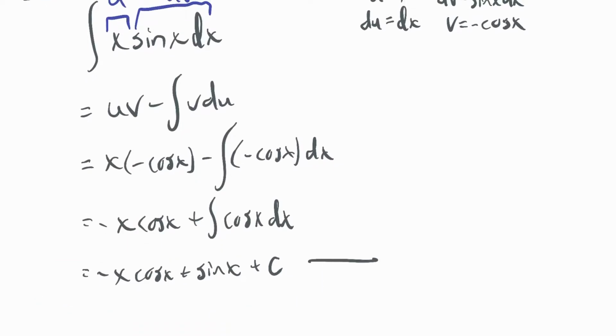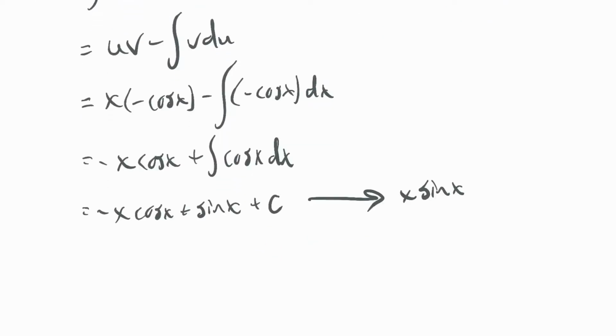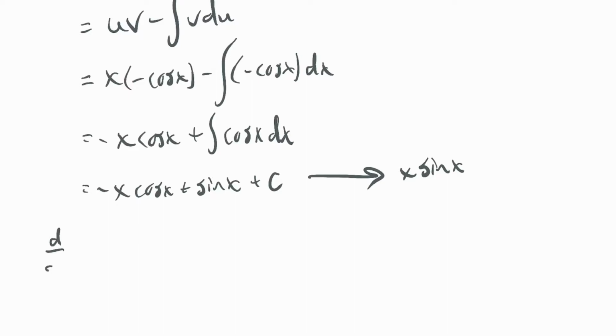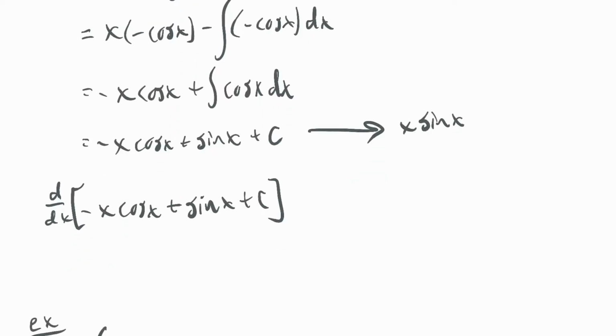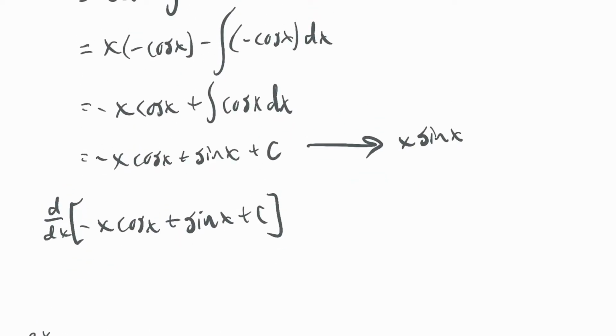So let's check that. So d/dx of negative x cosine x plus sine x plus c equals